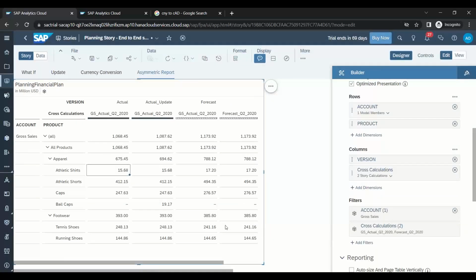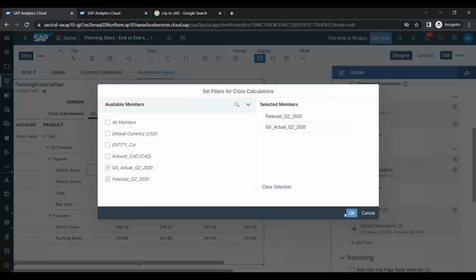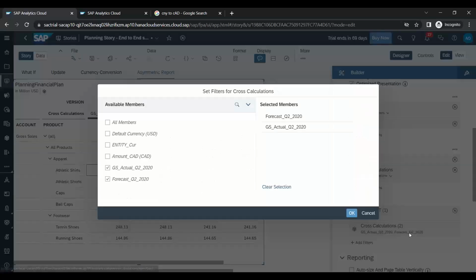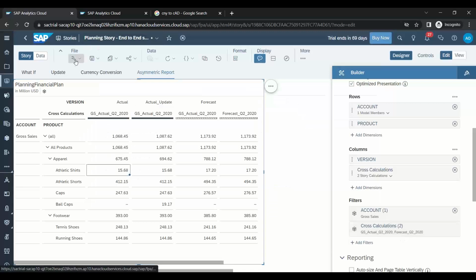So now we have got here the gross sales actual Q2 2020 and the forecast also Q2 2020. Now I just want to keep only two measures, these two, which are my Q2 2020. Now what I want to do is I want to go ahead and compare these two things between the sales which is forecast Q2 2020 versus my actual Q2 2020. So what I will do is I will just once again select our products